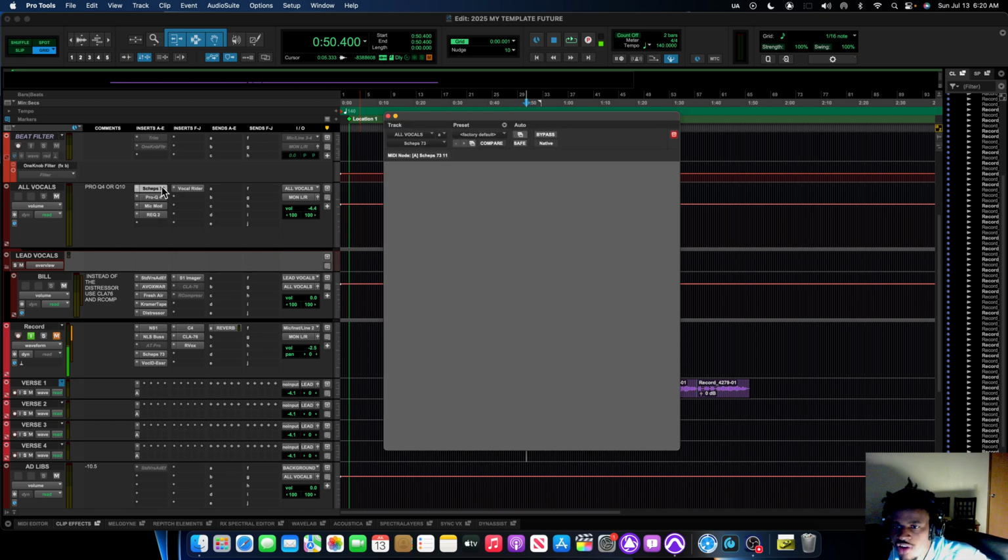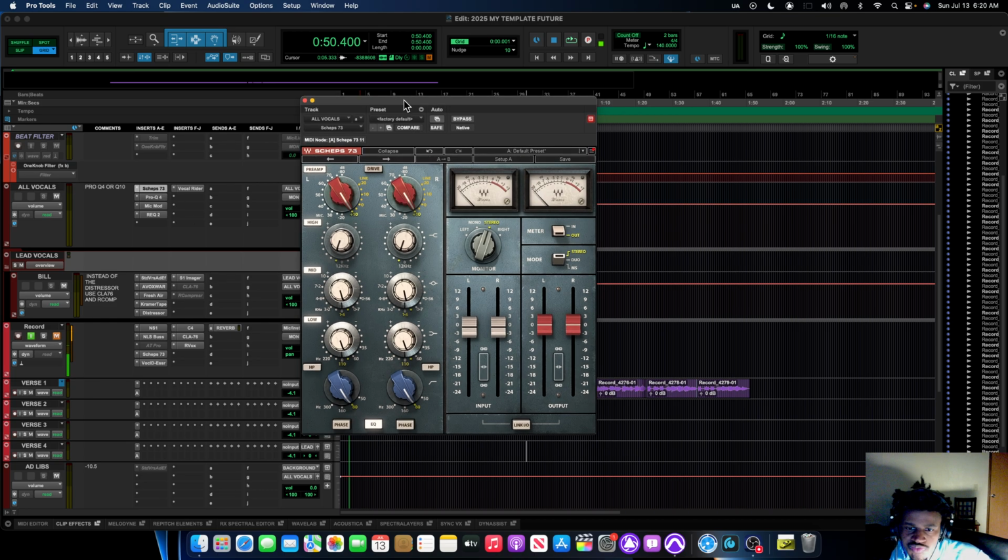Let's go to the all vocals track. He usually uses a Neve. I don't have the Neve from UAD. So basically, if you got the Neve, you can kind of tune these settings in. We got 2.0, put that on 10. And then we got the 1.5. And then we got the lows on negative 2.0. But the mids on negative 1.5, my bad. And then we got the high